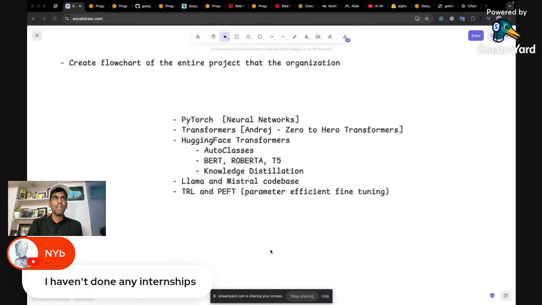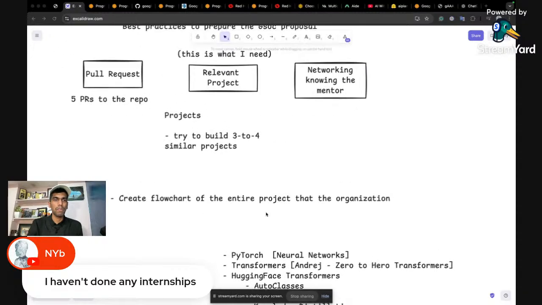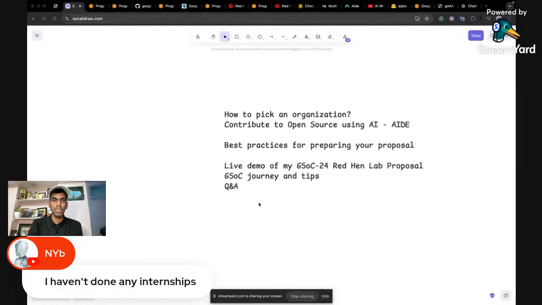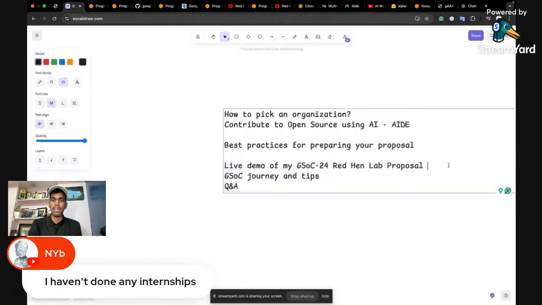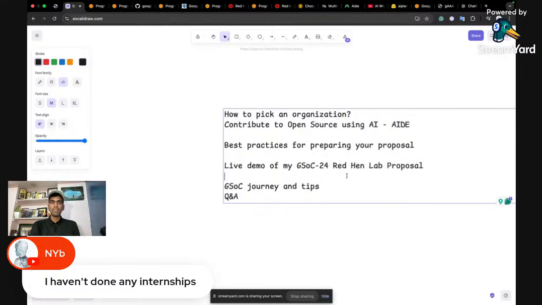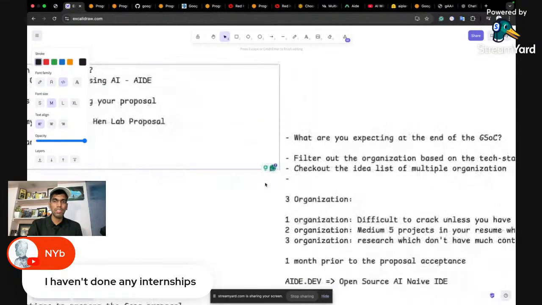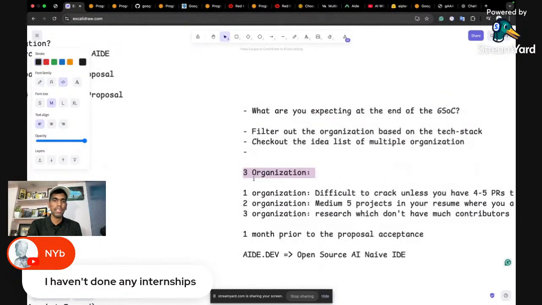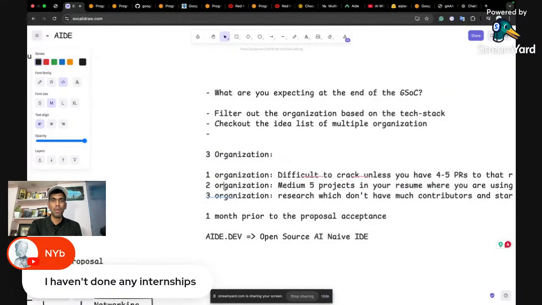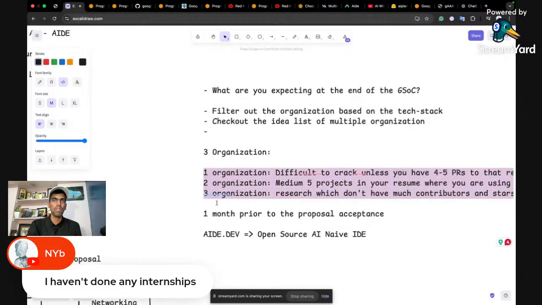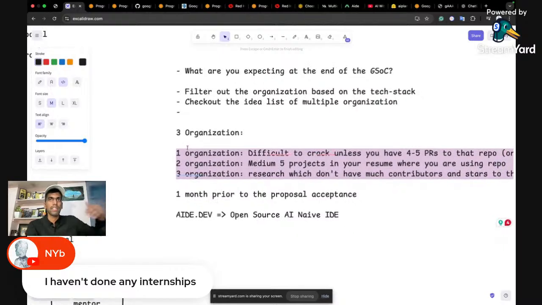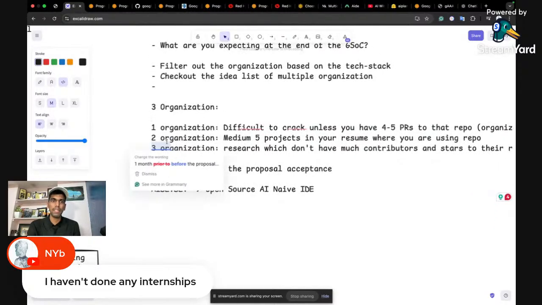All right. So there are no other questions. What I'll do is proceed with the last session, which is my GSoC journey and tips you can be using. I already shared most of the tips. The first tip was on how you can prioritize the organization, because I'm pretty sure not many people have listed down what is the first organization, what is the second organization, how to pick that organization. So I hope you understood how to pick these 3 organizations.